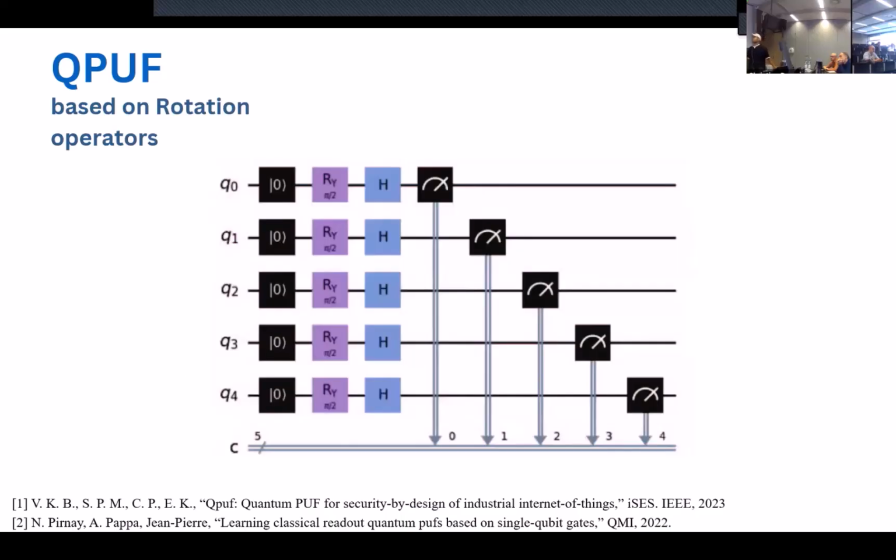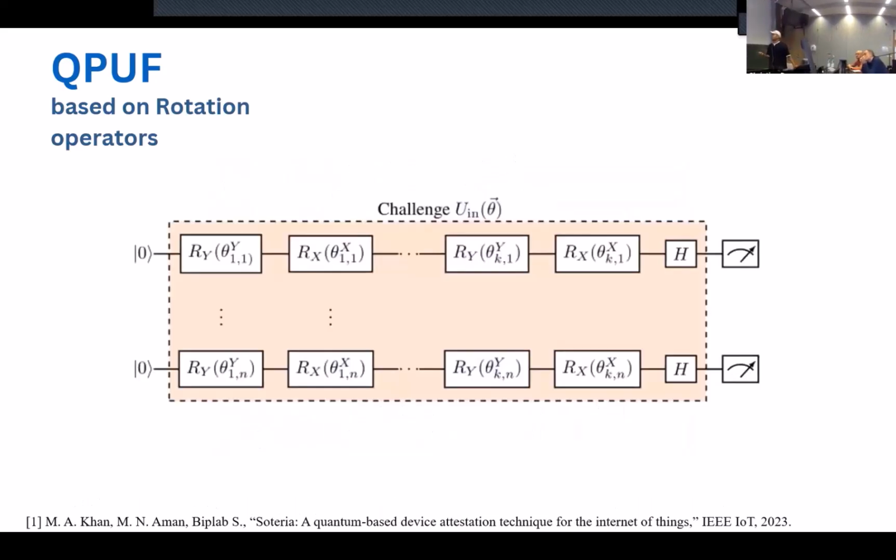So they use this concept to come up with a quantum PUF based on error profile, in which they apply some rotation operator and Hadamard gate to get the error profile. But again, this one was shown to be insecure if we only use one rotation gate. So later on, they came up with a new type of circuit which can give a better error profile, and is claimed to be more secure than a single rotation operator if we combine multiple rotation operators together.